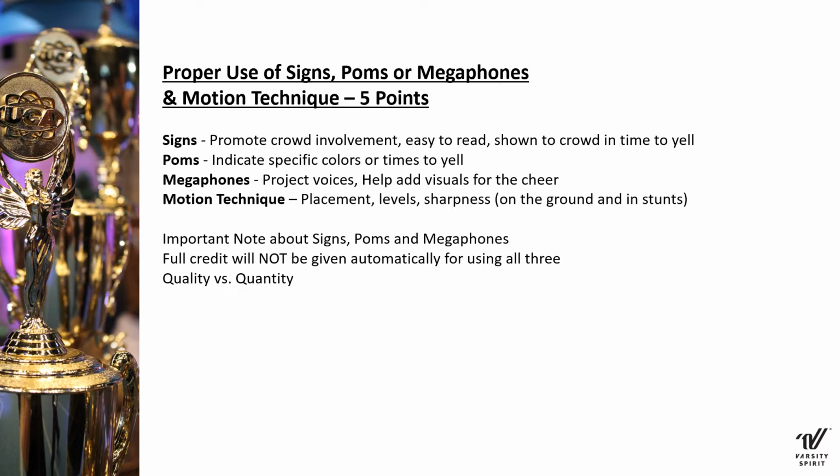Motions will be judged for placement, level, and sharpness. Judges will be looking at the athletes on the ground as well as the ones in stunts. Teams are not required to use all 3 props, and full credit will not automatically be given just for using all 3. The props should be there to enhance the cheer and make it easier for the crowd to follow